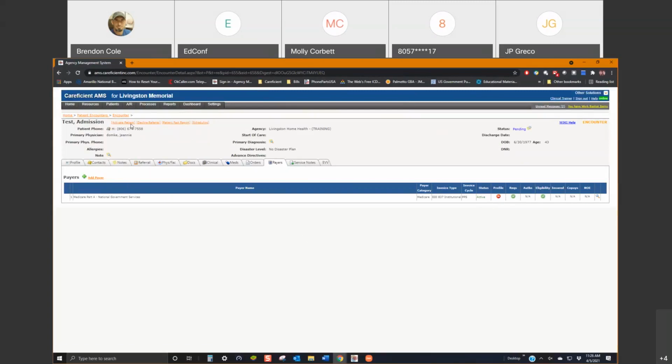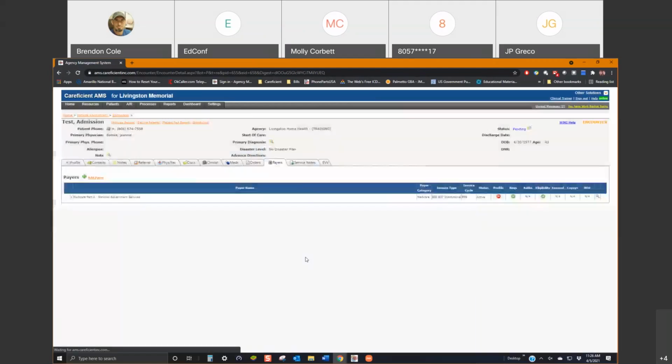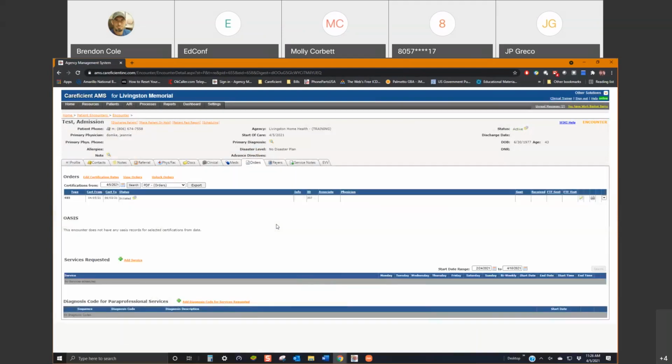I'm going to go ahead and activate this patient because I do want to show you how you can add additional disciplines, because I don't know if you guys would do it or if this is going to be somebody that does it after the fact, but just in case, I do want to show you that process. Now, you can only add assessment services on 2 different orders in 2 different ways. You can only do it when you hit the schedule initial assessment visit at the top, and then you can,